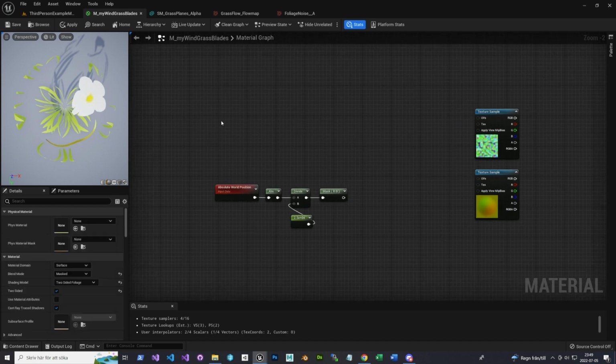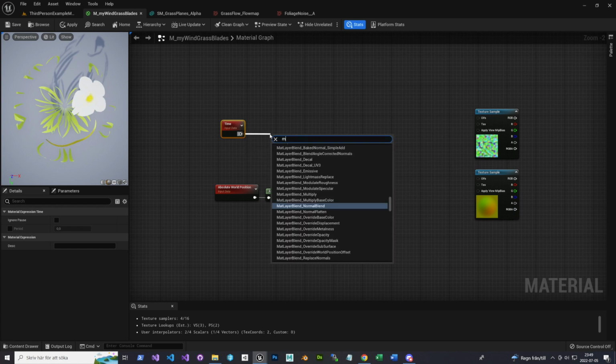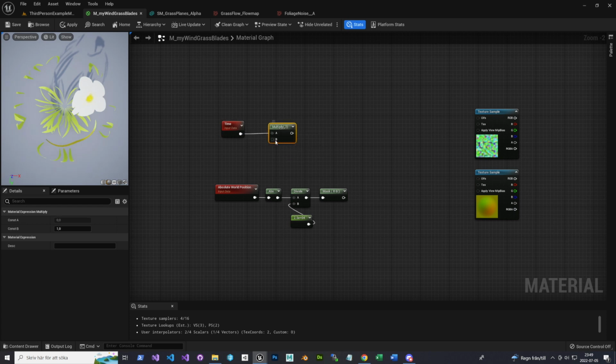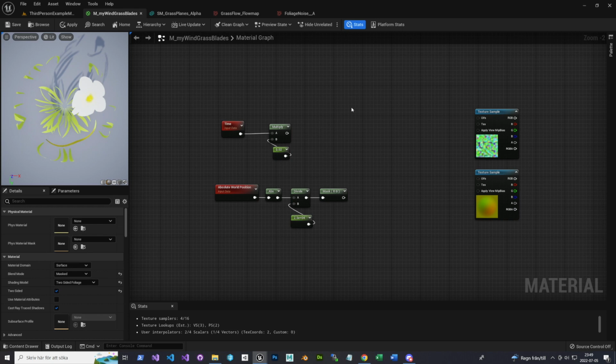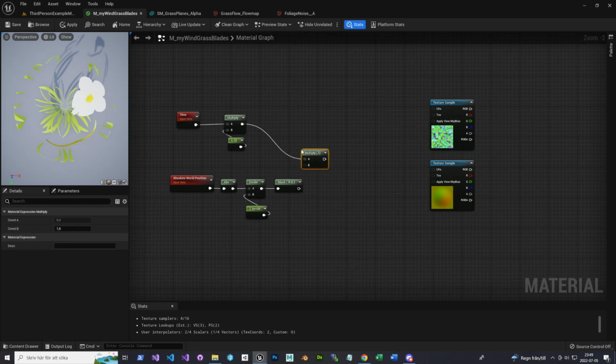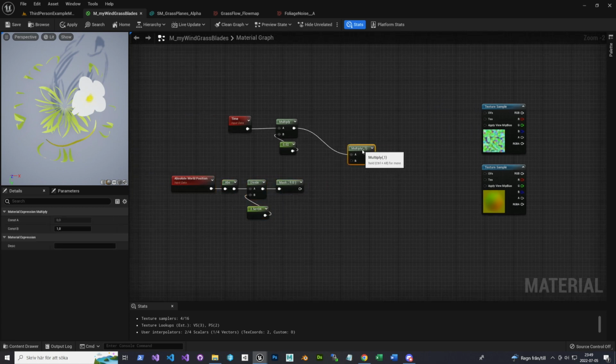After that, we need to add a time node. We need time in order to make the texture scroll, and this scrolling will simulate the wind moving through the grass. And I have already determined a value of 0.02 for the speed. We will do it now, sorry, we will multiply